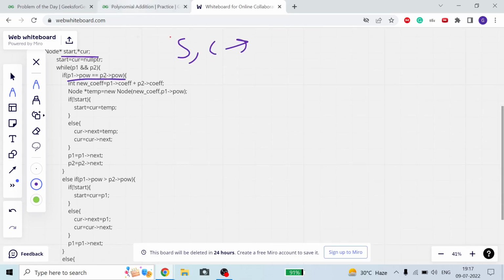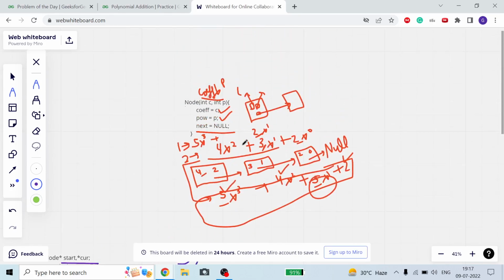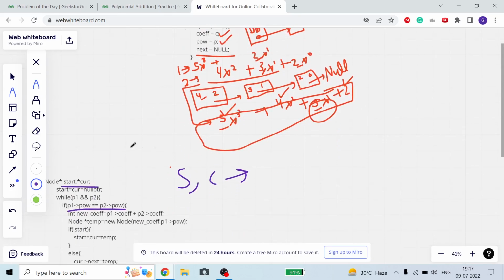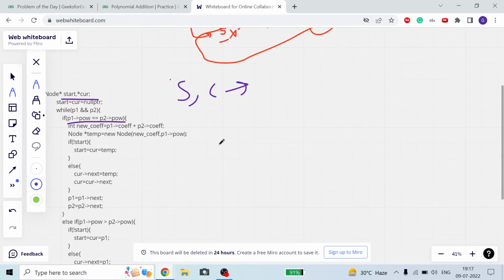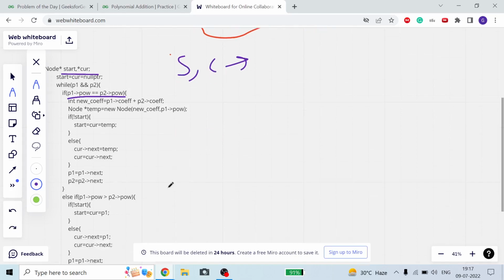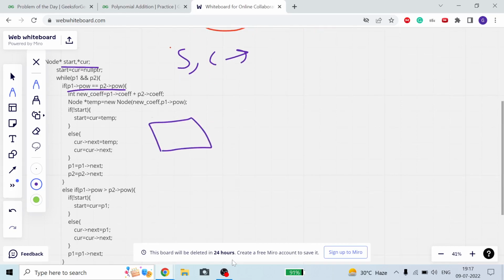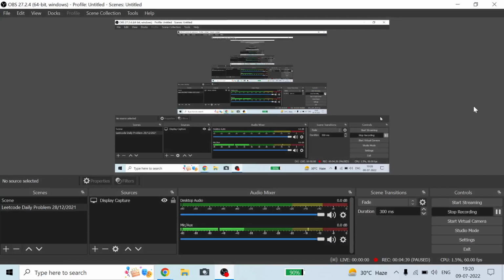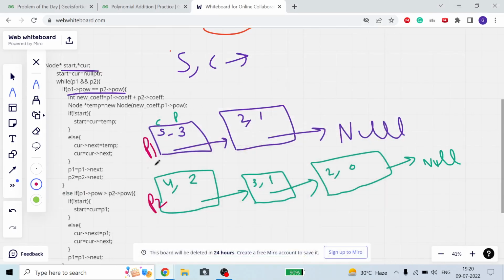I am taking an example like 5x square. I will make two different linked lists.